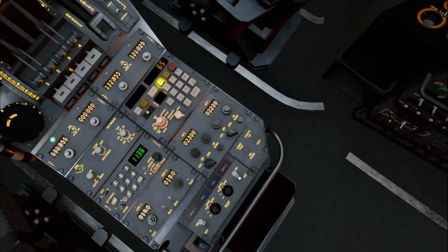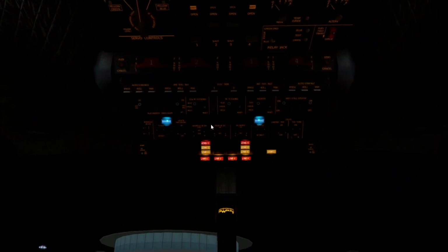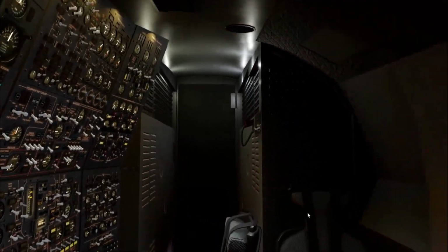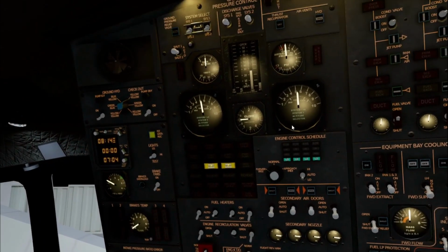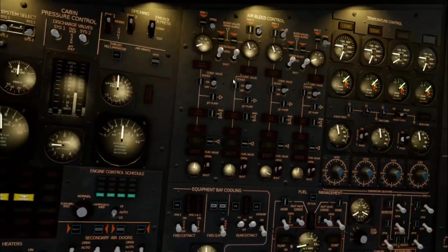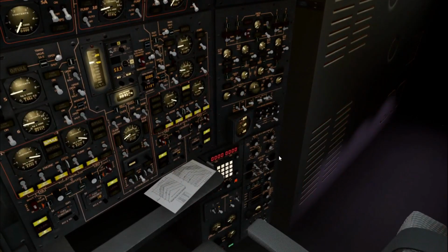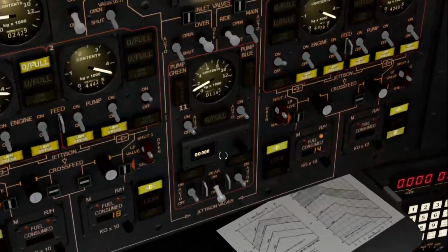I'm not sure where that air warning comes from. This is very strange. It's yellow. It should not be a big problem. Air warning. Alright. It's not good, it's not good. Okay, we'll preset